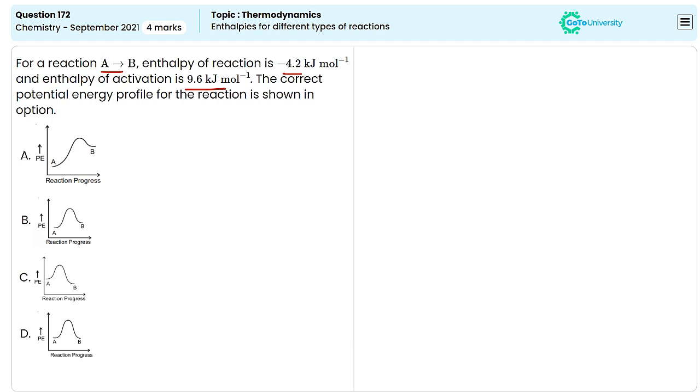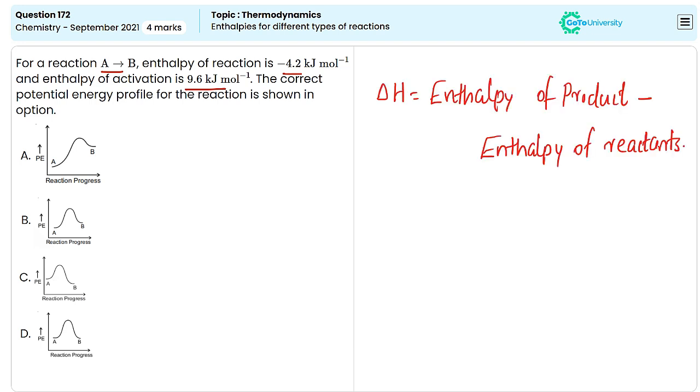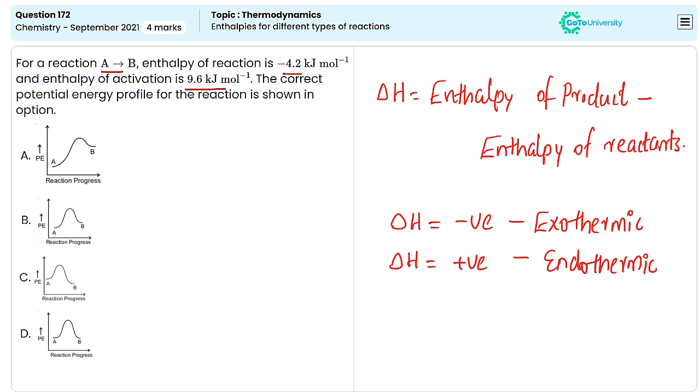First of all, we need to know the enthalpy change of the reaction can be found out by using the equation enthalpy of the product minus enthalpy of the reactant. Based on the value of this delta H or enthalpy change, we can predict the nature of the reaction. If delta H value is negative, it means the reaction is exothermic. That is, the reaction takes place by the liberation of heat energy. If the value of delta H is positive, it means the reaction is endothermic, which takes place by the absorption